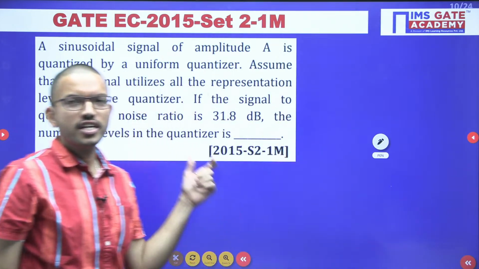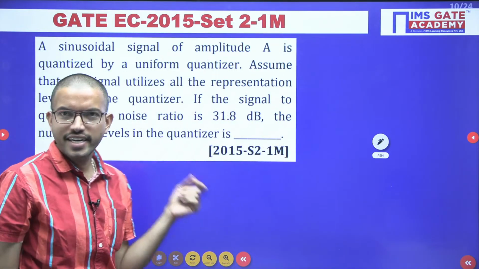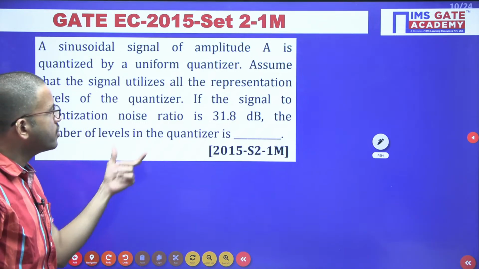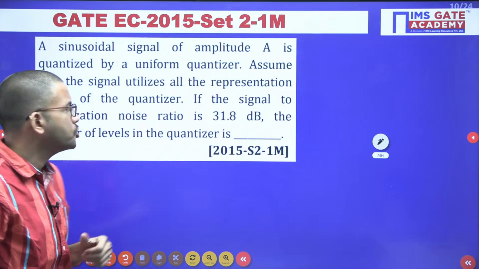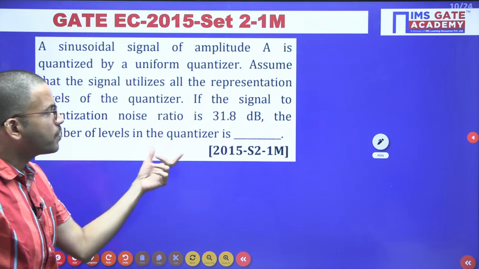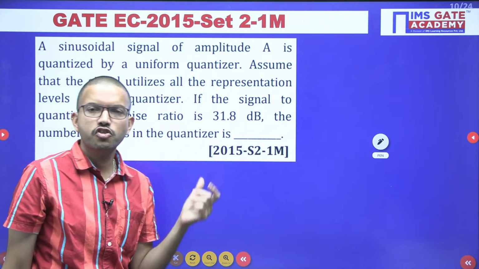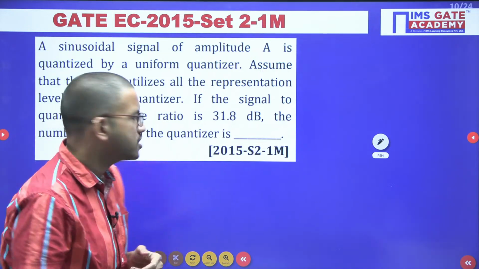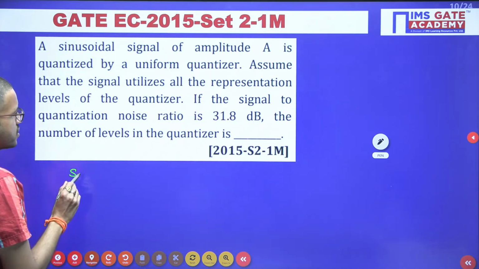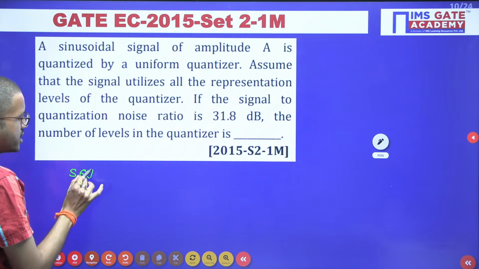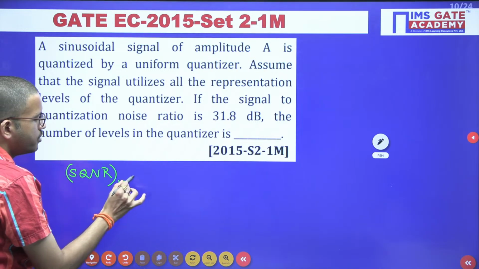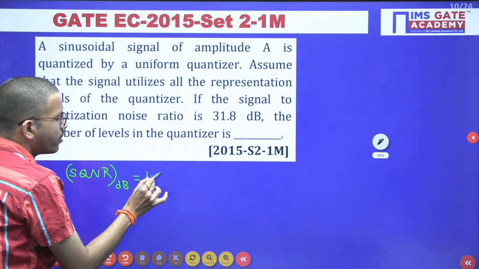I hope all of you can answer this question. This is a simple, direct formula based question. In this particular question, they have given the signal to quantization noise ratio in the order of decibels. I hope all of you know regarding signal to quantization noise ratio in the PCM concept, especially when you are having it in decibels. So SQNR in dB is equal to